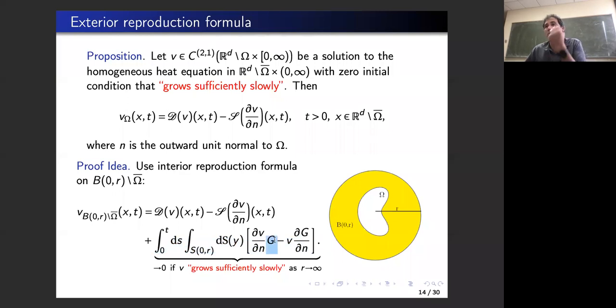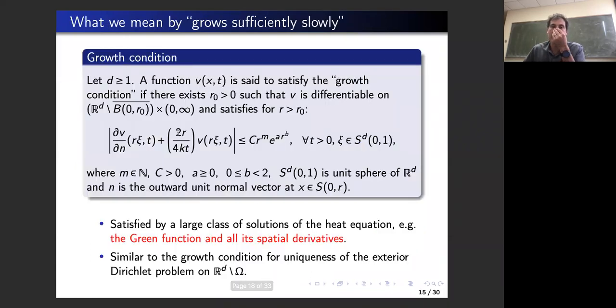And because the Green's function for the heat equation already decays like a Gaussian, then intuitively that means that I can let my solution V grow like the reciprocal of a Gaussian, roughly speaking, okay? So that's why you allow for growing solutions in here, but for the Helmholtz equation, the Green's function doesn't decay that fast. So the V has to satisfy the Sommerfeld radiation condition, okay? So what does it mean to grow sufficiently slowly? So you get this condition in here,